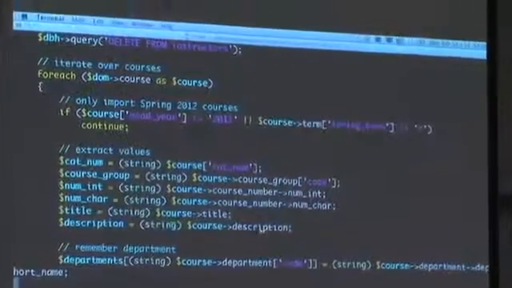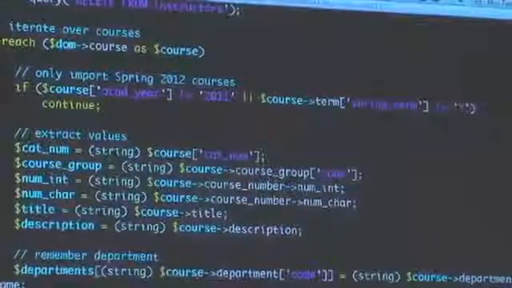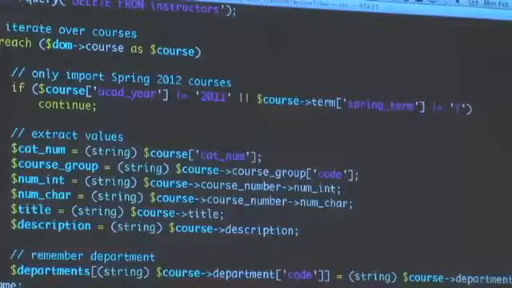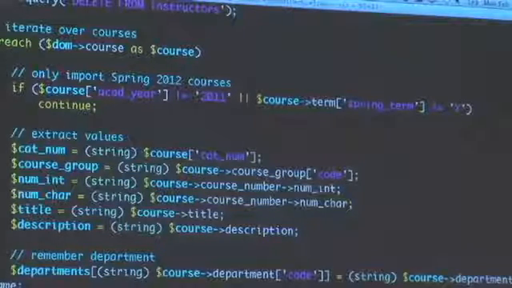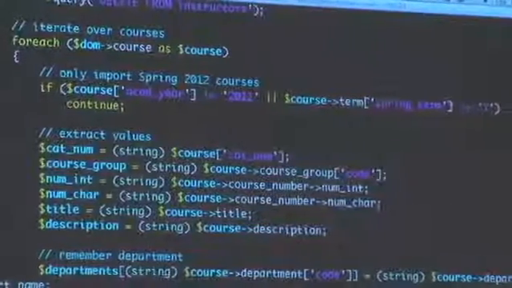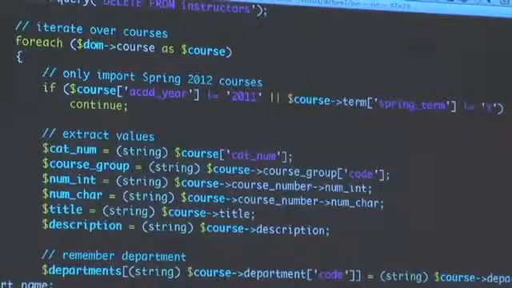I'm extracting some values. As an aside, I'm explicitly casting a lot of my values to strings, because even though you don't quite need to know this when using simple XML, they do some fancy PHP trickery so that anytime you ask for a value back using the simple XML API, you actually get back an object. And there's a lot of implicit conversion to a string, which is